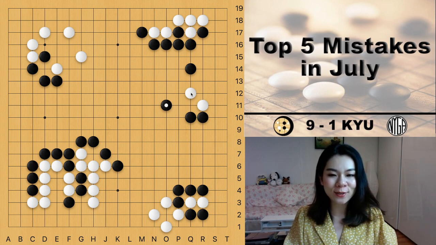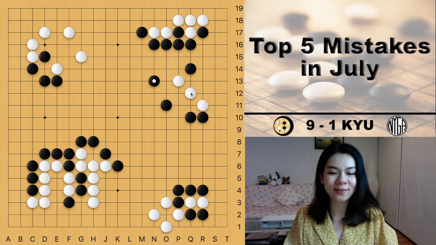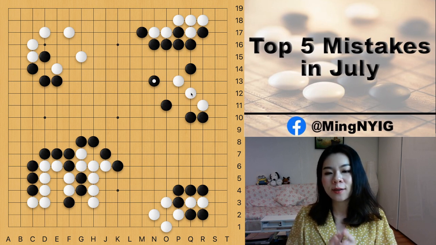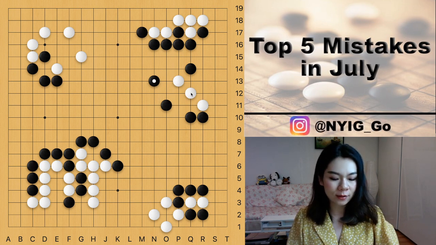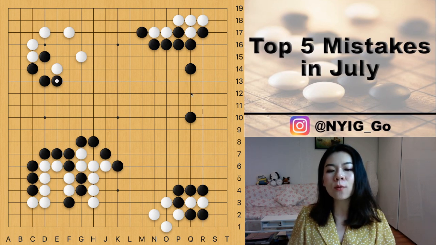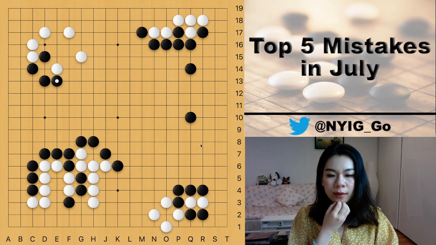All right, let's go back to the invasion move. So after these moves are played, as we can see, the 3 white stones are already enclosed, and the eye space is very limited on the side, and there's no way for white to make life on the side. Let's go back. So if I were white in this situation, I would choose to invade from the other side